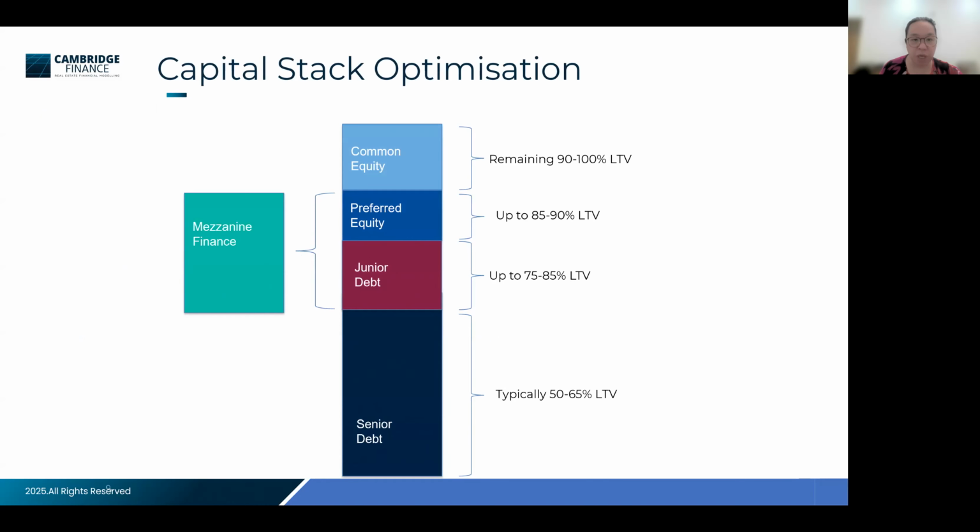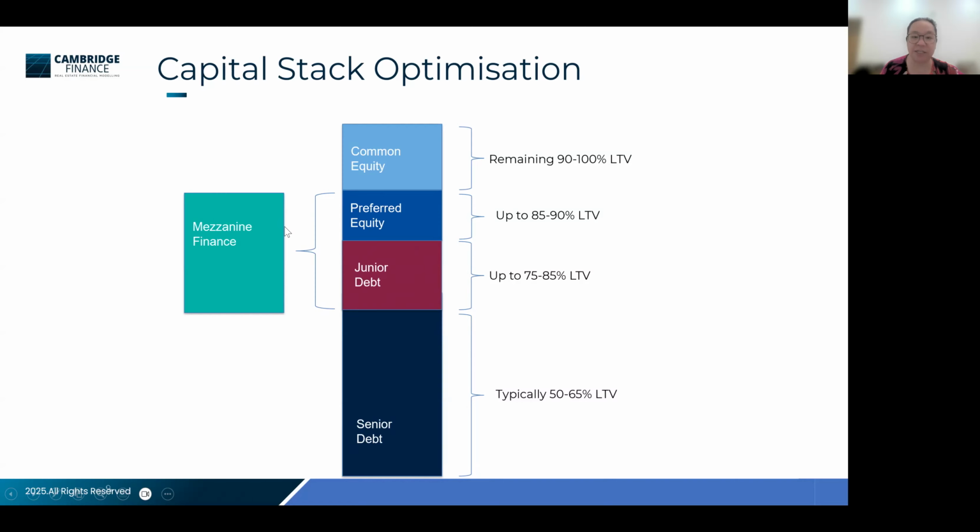Right, so we're going to start here with the idea of the split, the capital stack optimization between equity and debt. We have the senior debt as the first tranche in terms of seniority, typically around 50 to 65%. And then after that tends to come an equity position. The only thing is that in the middle here, because we have had this idea of a finance gap,